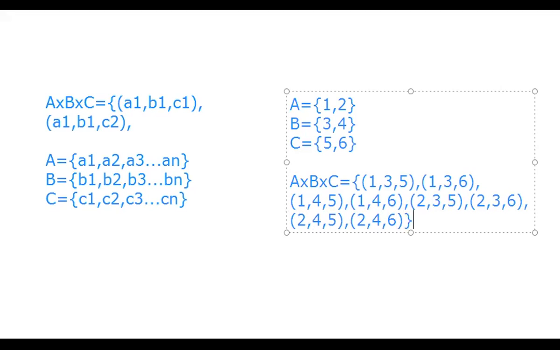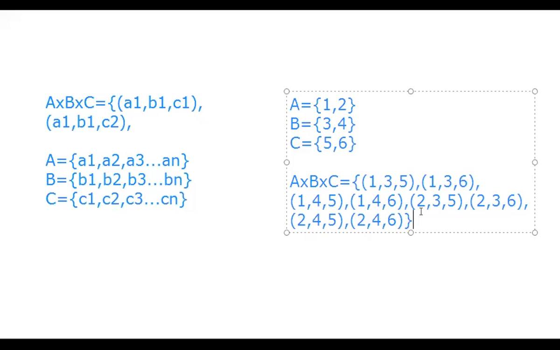कळालं कार्टेशियन प्रोडक्ट ऑफ मल्टिपल सेट्स? पण सेट्स असतील त्यातला प्रत्येक एलिमेंट हा मॅप झाला पाहिजे प्रत्येक दुसऱ्या एलिमेंट बरोबर. आता तुम्ही प्रत्येक एलिमेंट बघा 1 बिलोंग्स टू A, 3 बिलोंग्स टू B, 5 बिलोंग्स टू C. ओके, ही ऑर्डर चेंज होत नाही. 1 belongs to A, 3 belongs to B, 6 belongs to C. 1 belongs to A, 4 belongs to B, 5 belongs to C. A, B, C चे एलिमेंट्स जसे आहेत तसे त्याच ऑर्डरनी कार्टेशियन प्रोडक्ट मध्ये सुद्धा येतात. ओके, कळालं?